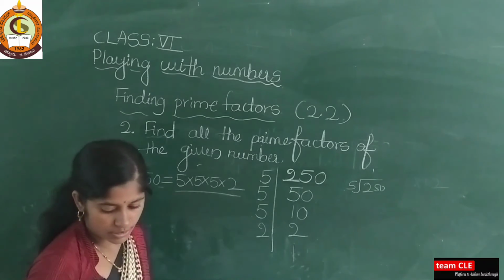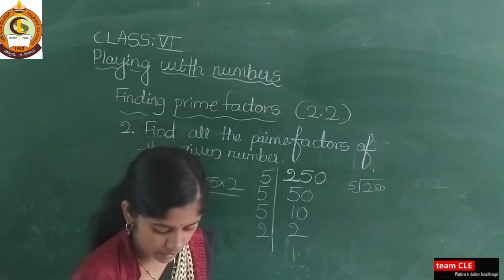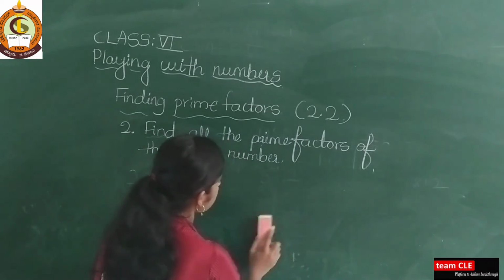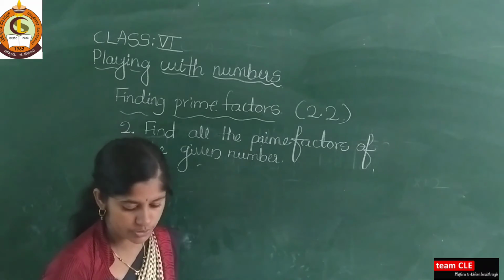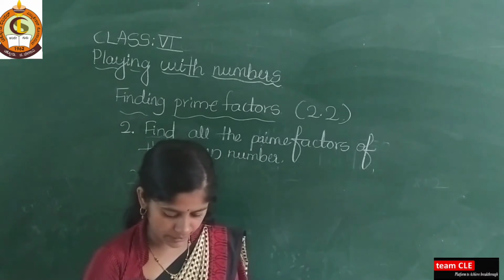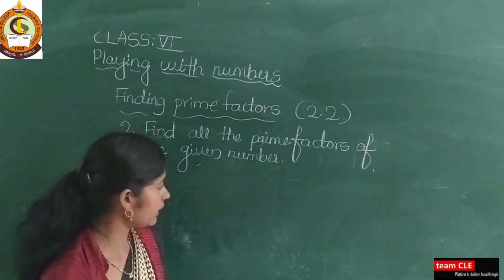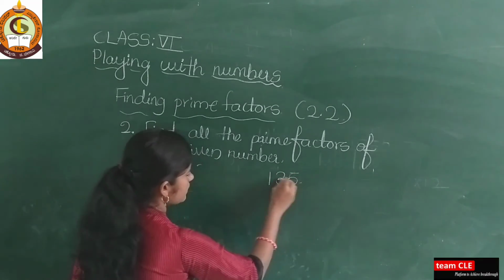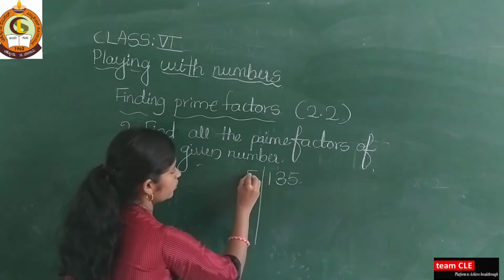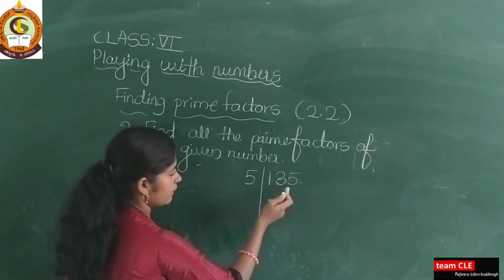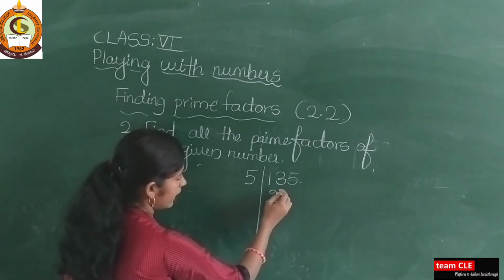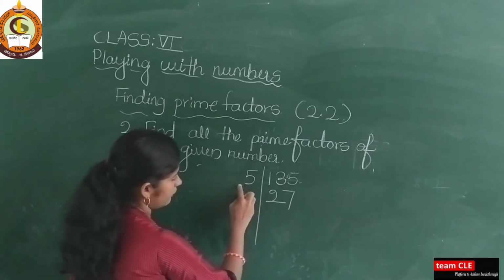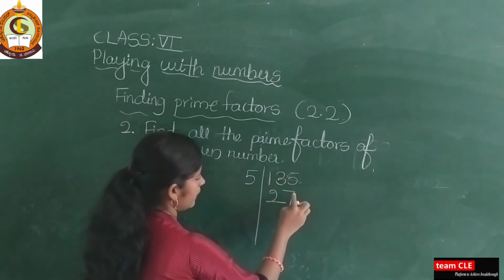Okay. So next I will take one more example. I am solving these examples from your exercise 2.2, second one. So I will take 135. Directly you take 5, 5 2s are 10, and here you take 3, 5 7s are 35, 5 2s are 10 and 3 remain, here you write 7.